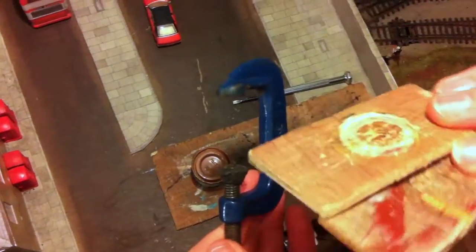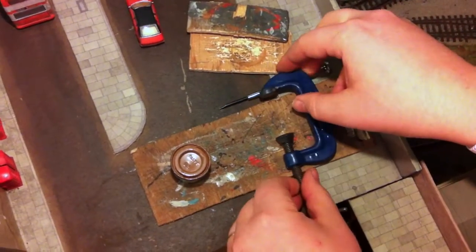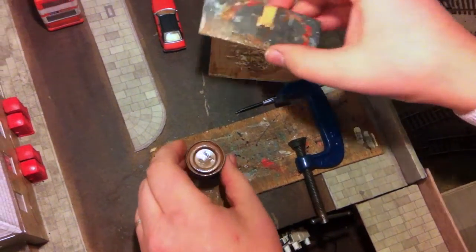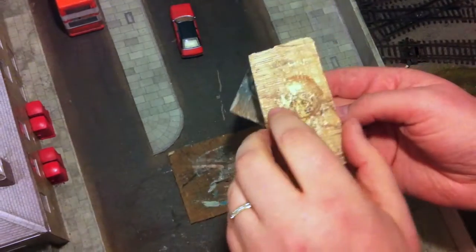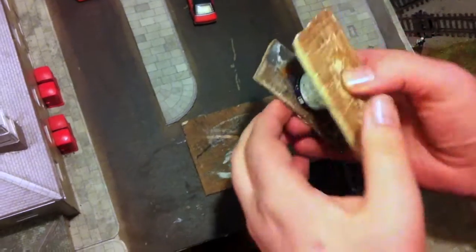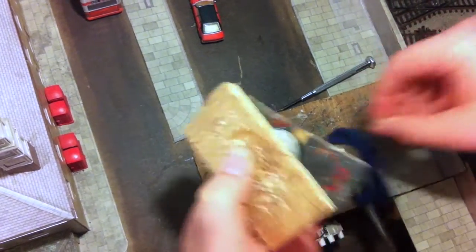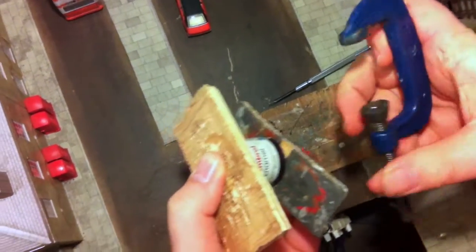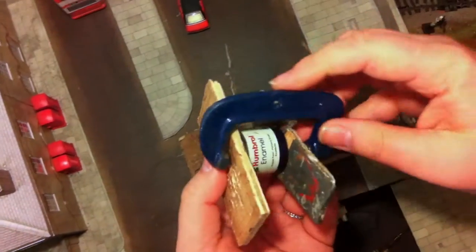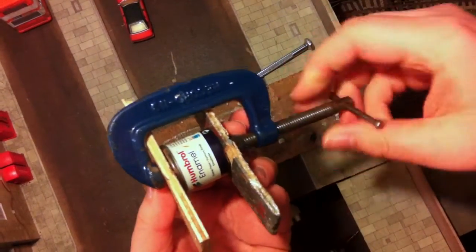So what you're going to do with this is you're going to actually sandwich your little paint tin. Once you've finished using it, push the lid back on, and certainly with the older tins of paint you'll find that the air pressure will pop the lid back out because it doesn't get quite a good seal. So you squash it back on with a couple of pieces of scrap wood. This is just quite thin plywood, and I've been using these for years and years, so they're looking a bit battle scarred, but you hold them together like that in a sandwich, and you just screw the G-clamp back down